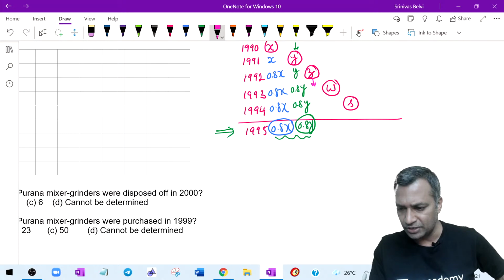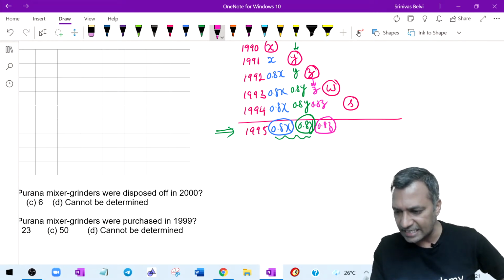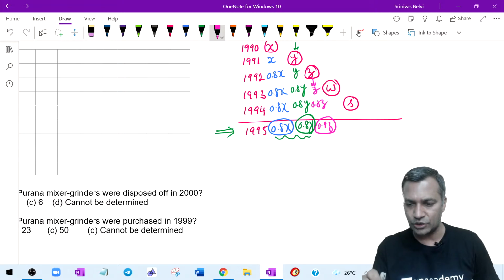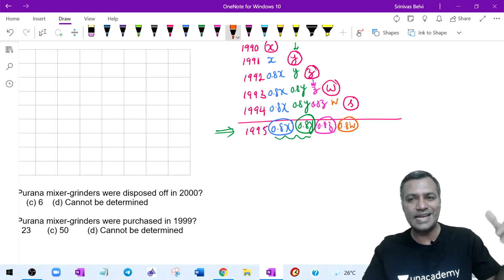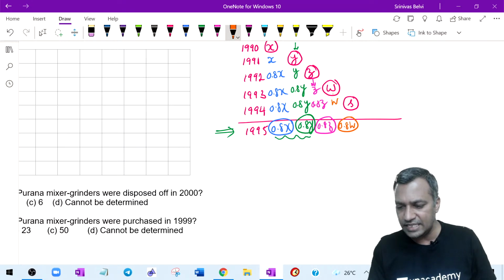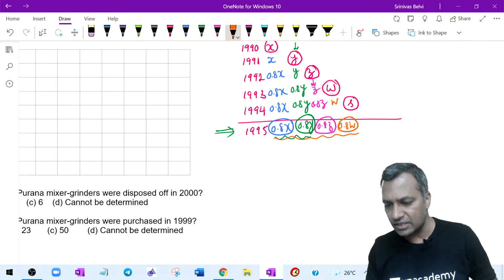All right, let me come to the next number. What about this Z? This will be Z as it is, sorry. One more here: this would be 0.8z. This will be 0.8z, which means this is another static number. No change is ever going to happen after this. All right, let me come to this W. This W remains W, and this will become 0.8w. The moment it becomes 0.8, it will never change after that. All these are static numbers.